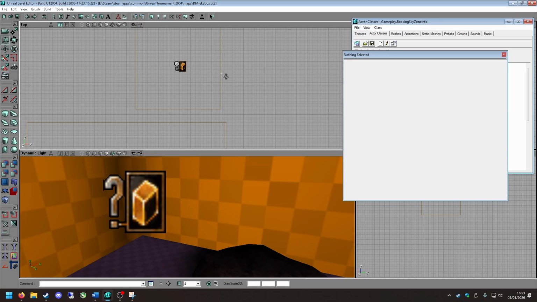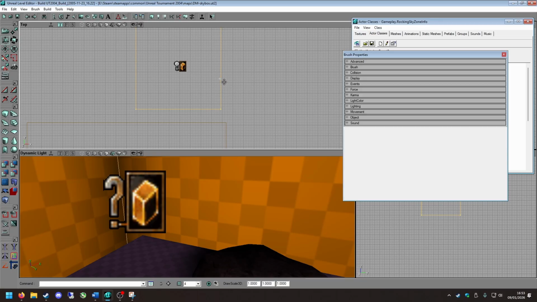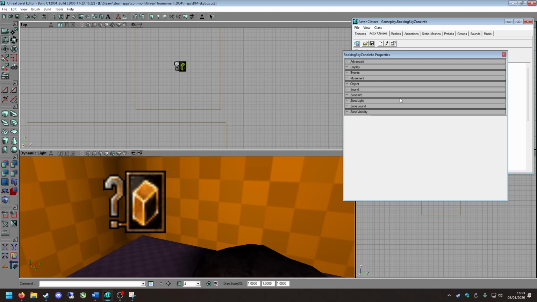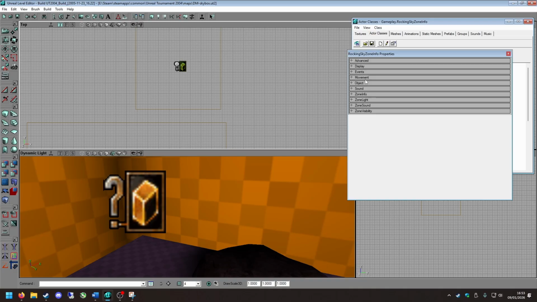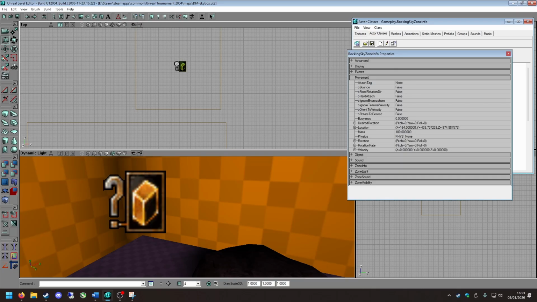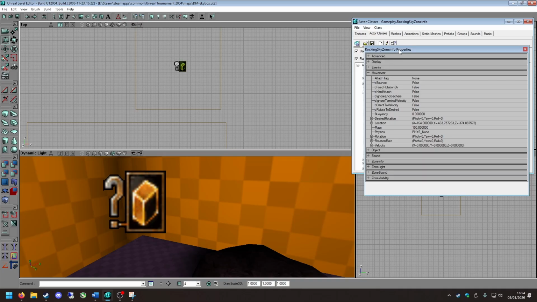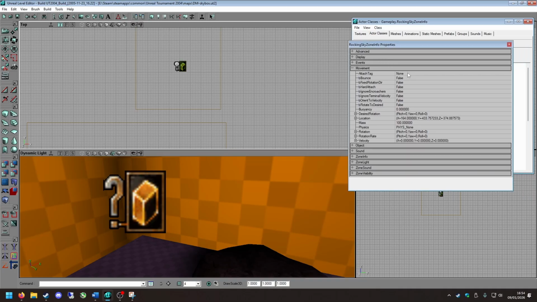The actual physical geometry will not move, but the actor itself will just go in loops or up and down and stuff like that. So what you want to do to make a movable skybox that actually rotates, go into the properties, go into movement,